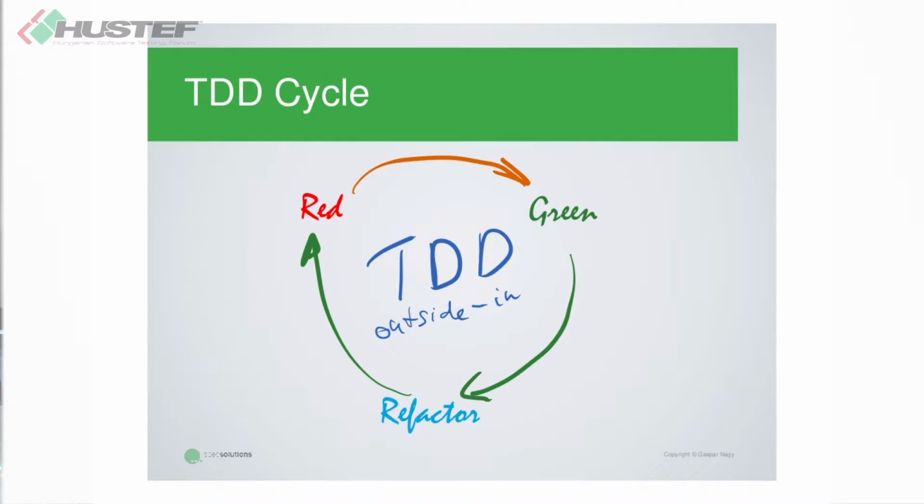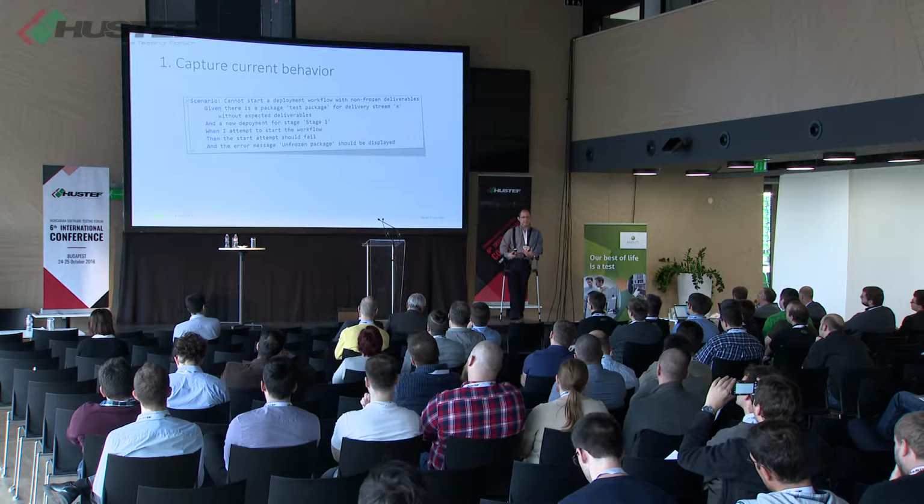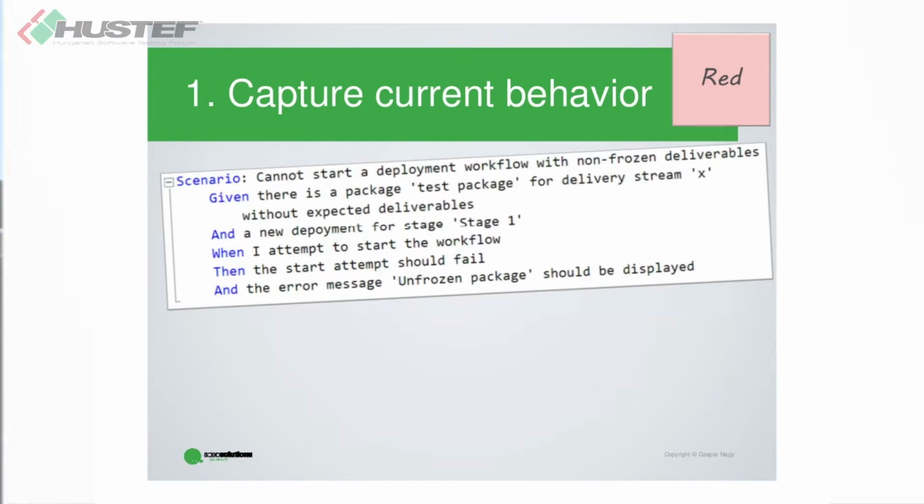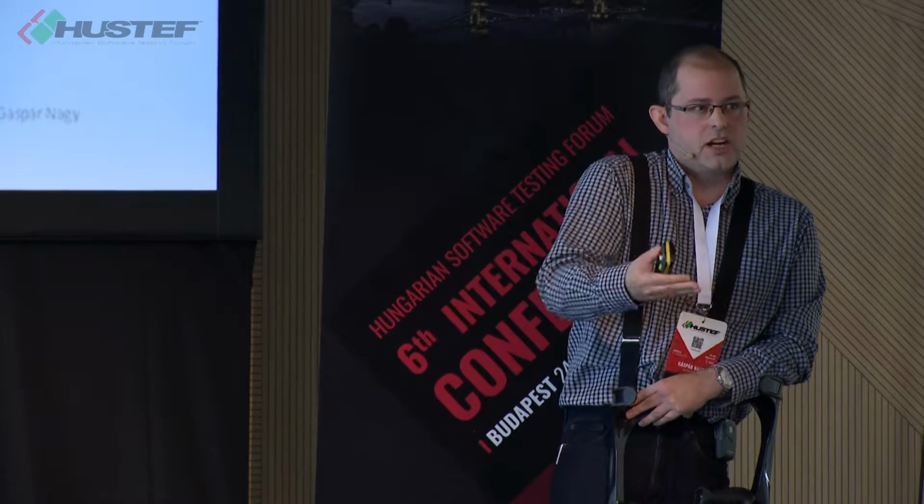So in BDD, we usually follow a kind of TDD cycle. If you map this to the TDD cycle, we would need to turn this into a failing test to be able to move on. To make this a failing test, you should first start trying to automate it, trying to automate this scenario and make a failing test that is a good starting point for you